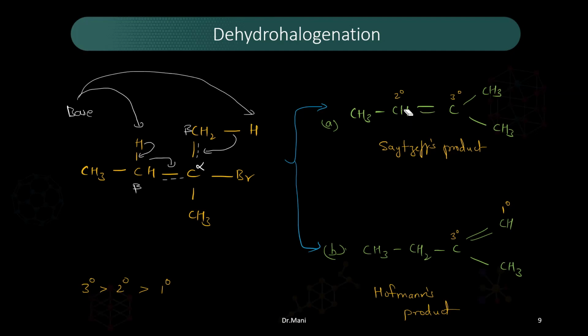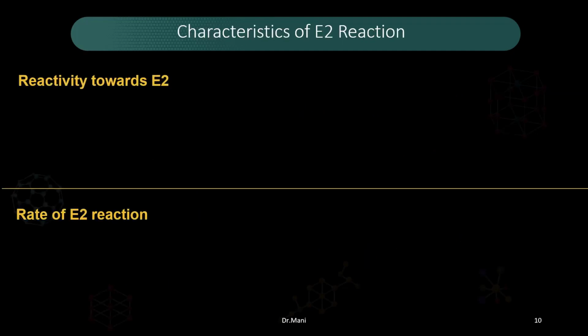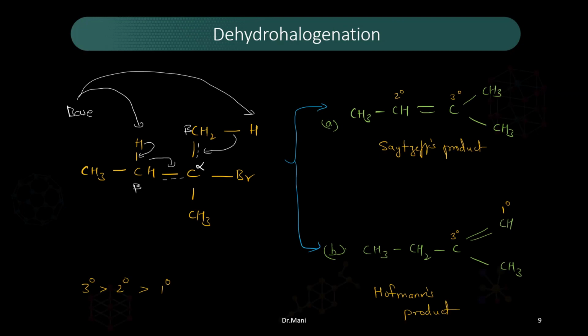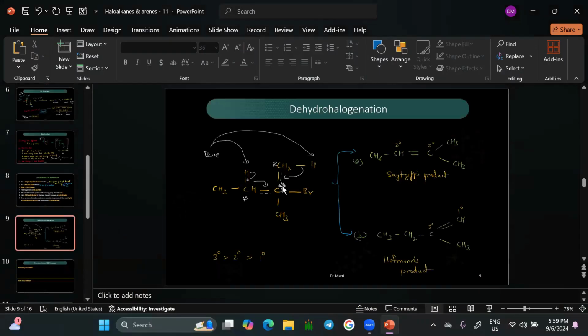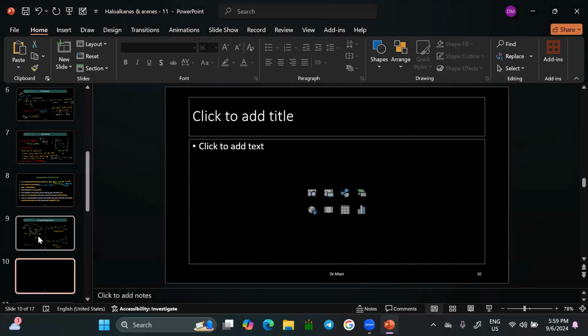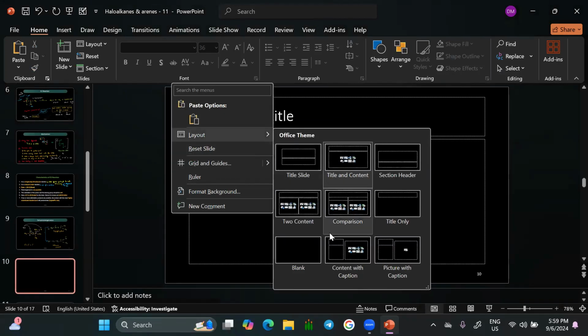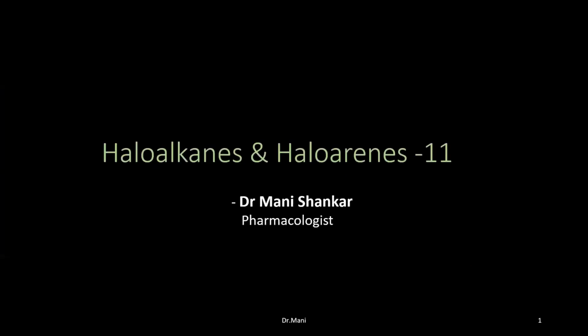So if you see the secondary carbon and tertiary carbon, these are more substituted. Okay. So Saytzeff product says this way. So write down the definition of this Saytzeff rule. The first one is the Saytzeff rule. So what this Saytzeff rule says is